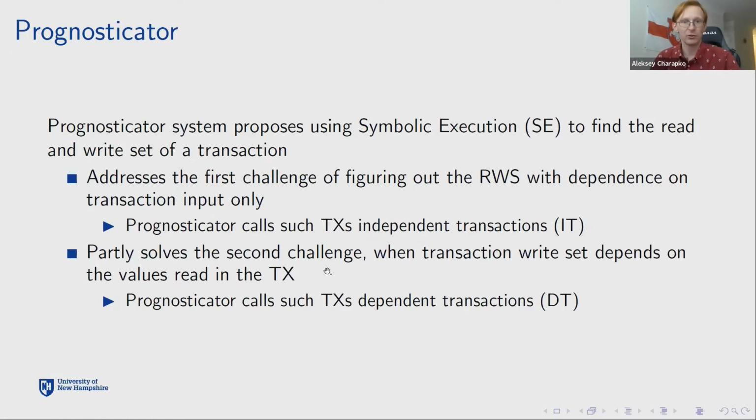The second challenge, when a transaction's write set depends on the values the transaction has read, is not as peachy. There are some issues, but supposedly the system can still narrow down the scope of what are called reconnaissance transactions or reconnaissance reads. They also claim that they do them faster than systems like Calvin, which I'm not entirely sure is the benefit of the actual system. It's more of an implementation detail here.